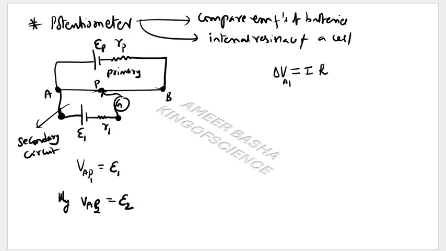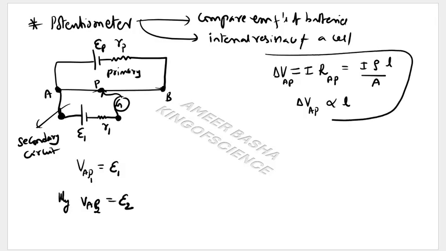So here A and P, and here A and P. We all know that resistance will be resistivity rho times length divided by area. So what can I write here? The potential difference between two points is directly proportional to the length. The rest of the quantities are constants here. So that means if I divide these two,